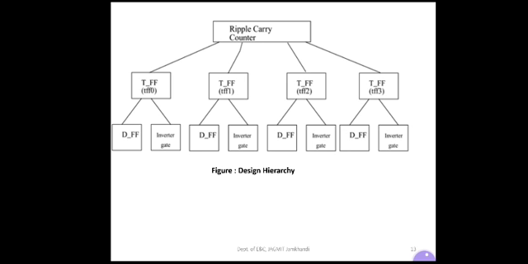Now, as we have seen, the T flip-flop is constructed by using a D flip-flop and one inverter. So the D flip-flop and the inverter are the basic building blocks, or in general are called leaf cells. The D flip-flop and inverter cannot be further divided. That's why these are the leaf cells. So each sub block of T flip-flop consists of a D flip-flop and an inverter gate. All the four sub blocks of T flip-flops consist of one D flip-flop and one inverter each. Like this the design hierarchy is done.